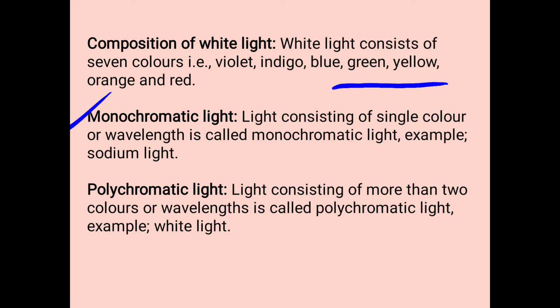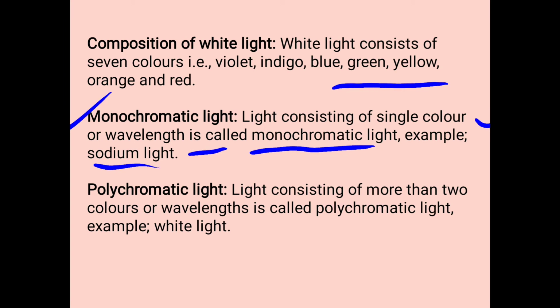In the previous topic, the refraction of light through a glass prism, we have seen that an incident beam of light was falling on one face of the glass prism and getting refracted while passing through the glass prism, and an emergent beam was coming, right? So which light were we using in that case? We were using a monochromatic light. Mono means single color. So light consisting of a single color would have the same wavelength. This kind of light is known as monochromatic light. For example, sodium light.